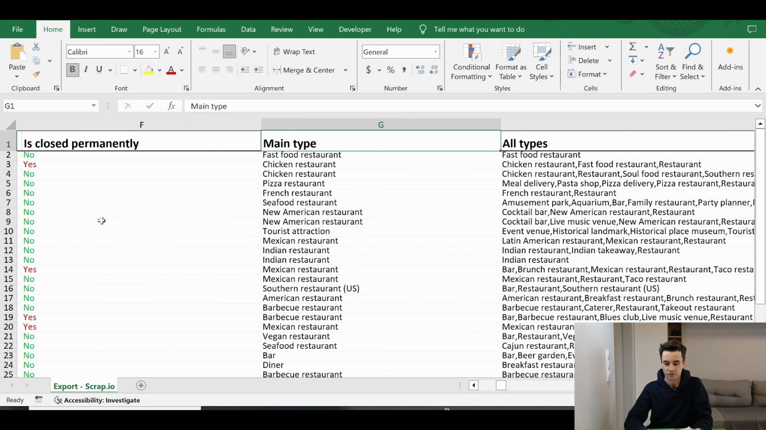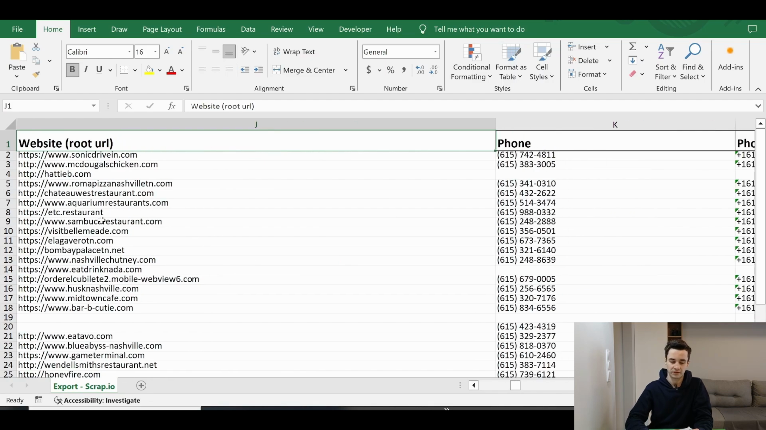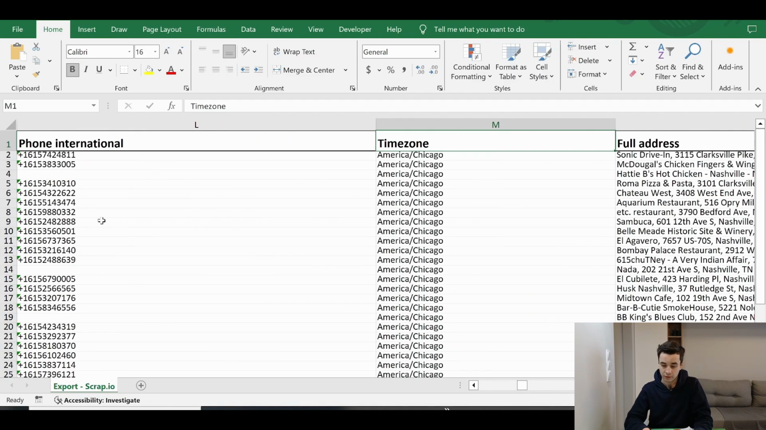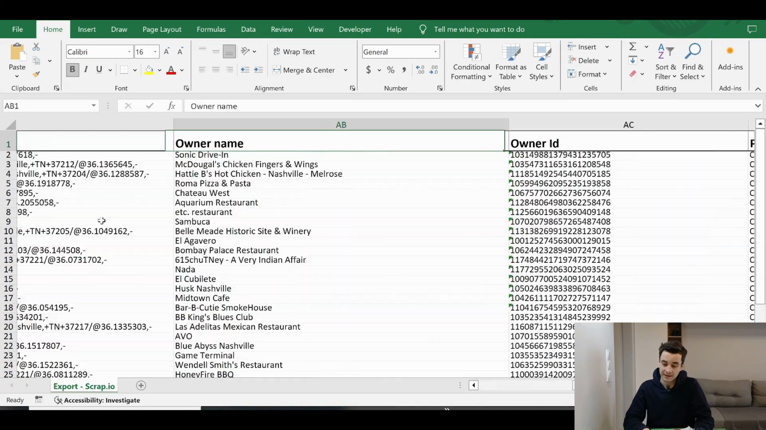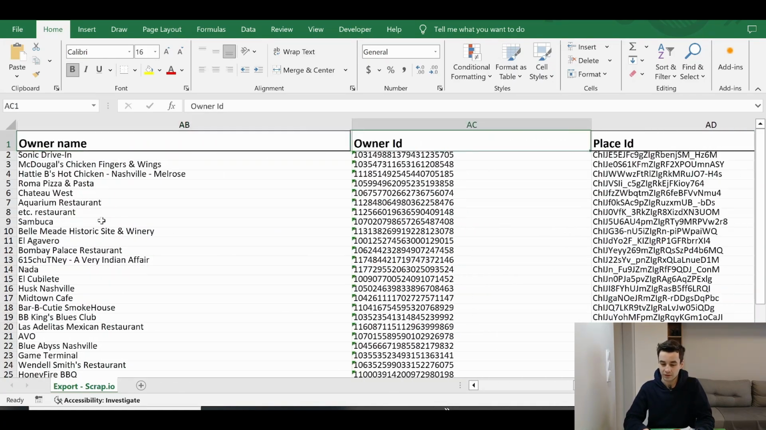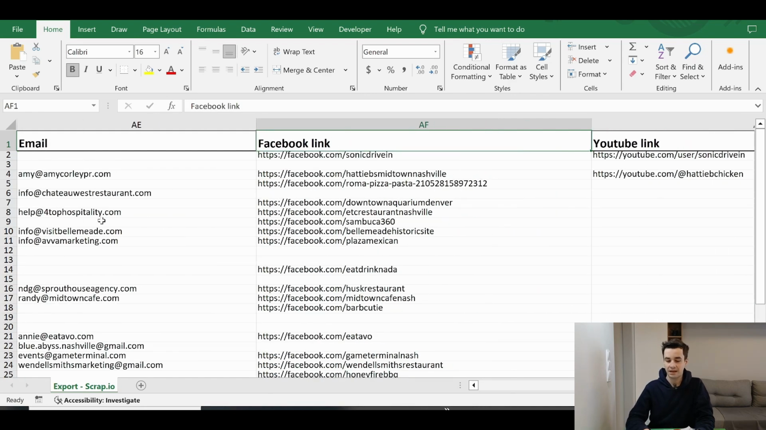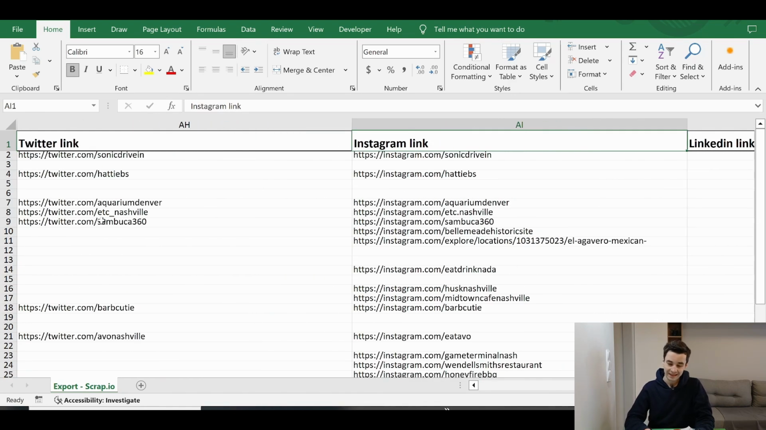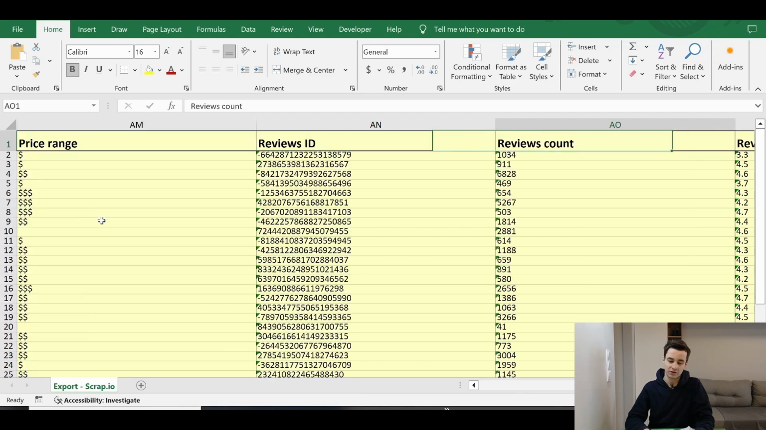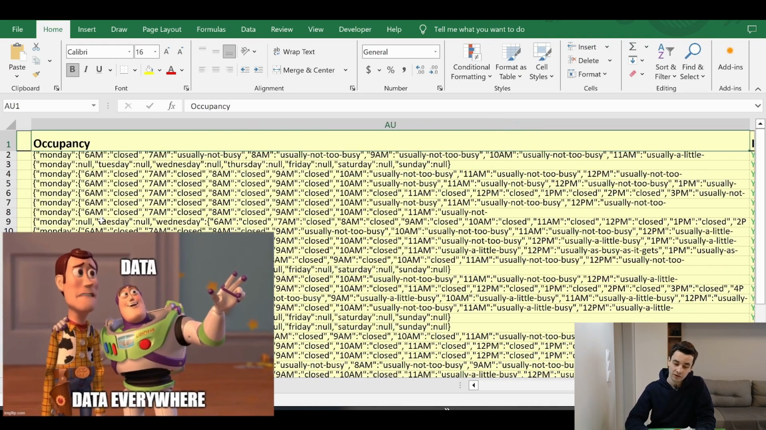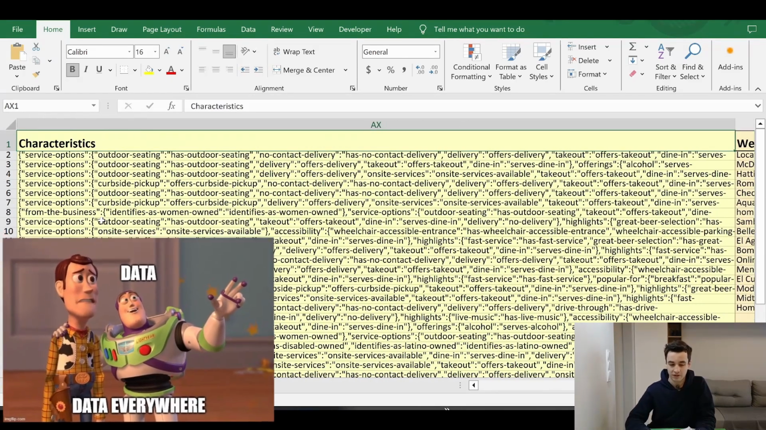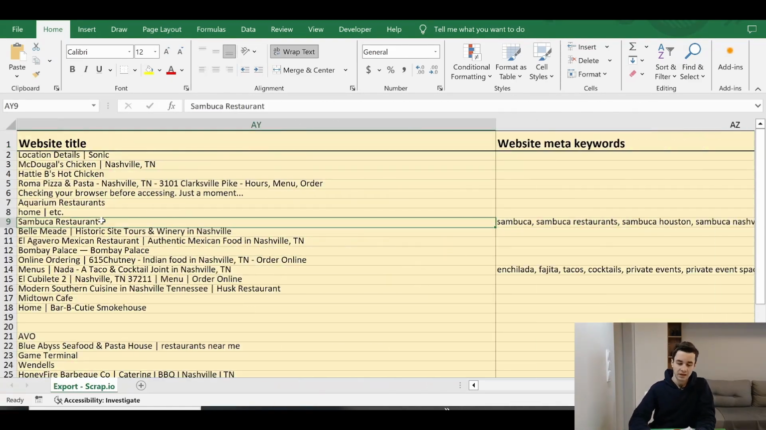Here we go. Google ID, name, description, is closed permanently, all types, websites, phone number, full address, which is divided into different subtypes, coordinates, the links, the owner name, owner ID, place ID, email address, social media links, first seen on, price range, reviews count, reviews rating, reviews per score, photos count, photos, occupancy, working hours, characteristics, SEO related data,